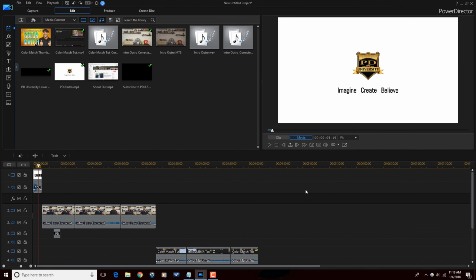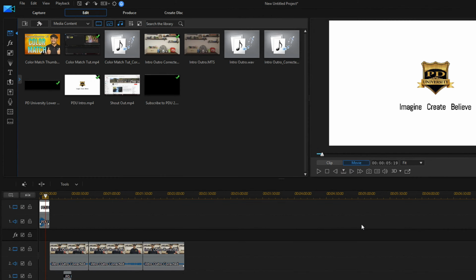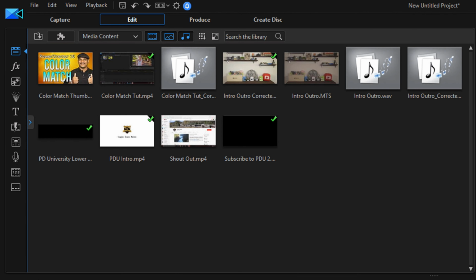Now, the next thing we want to do is start to pull some files down into our timeline. But before I do that, I want to show you guys how to sort through your assets. Because if you have a lot of different assets here, let's say I have right now 11 assets here in the library. If I just want to see, like, let's say I have 100 or I have 200, it might be a lot for me to take in. So I might need to sort this information so that I can find things quicker.